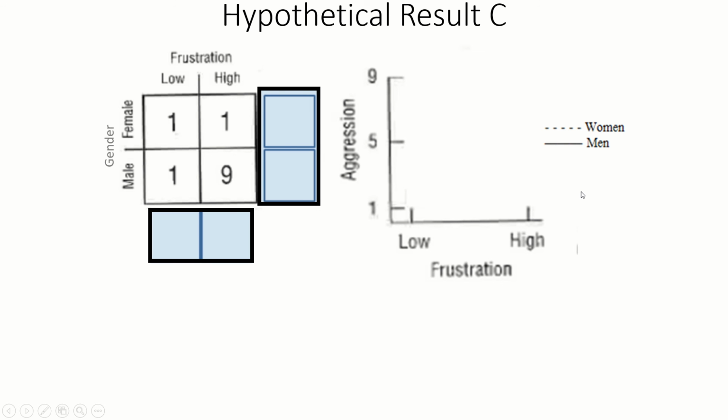Hello, everyone. Welcome to video 5 of two-way ANOVA, where we're going through hypothetical result C. Right, so video 4 went through hypothetical result B, now we're on C. So here we have, again, hypothetical result C, and we're going to go through the same process that we did